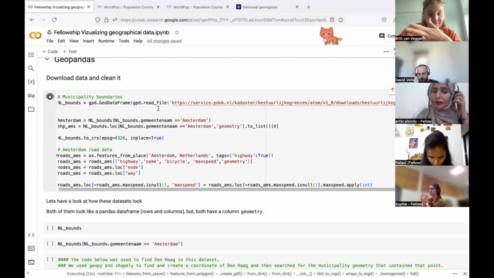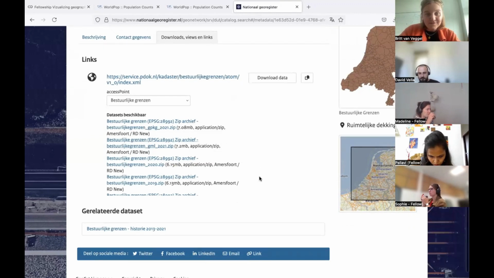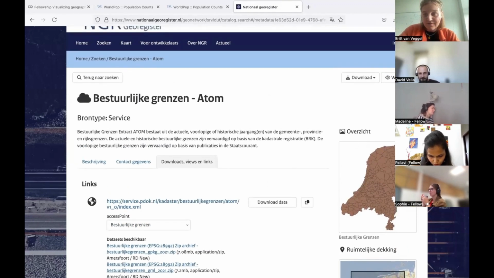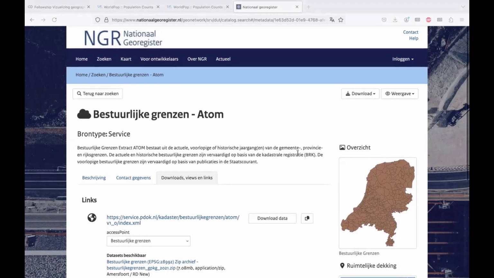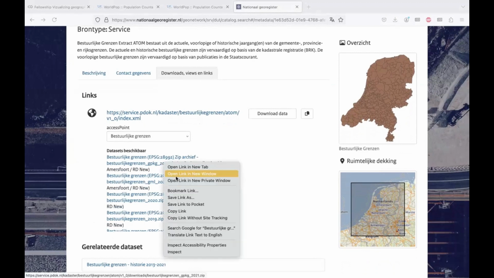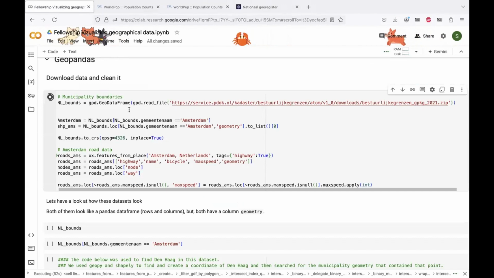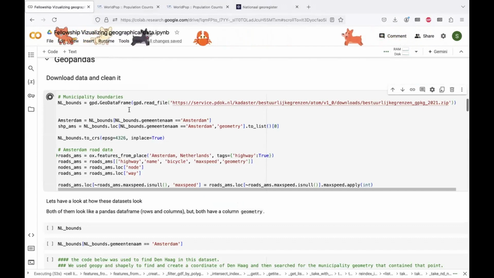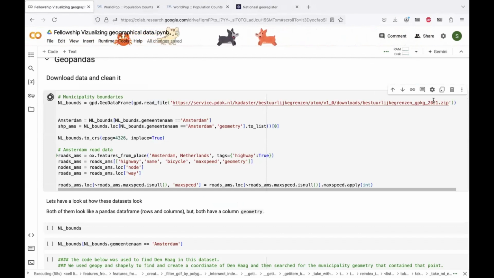And oftentimes you can find this online. So I found the data for the Netherlands on the website of the, in English it is the National Georegister. And oftentimes you can find a zip file like this, and then you just do copy link, and then you can download it within GeoPandas. So you do geopandas.read_file and then input your data like this,